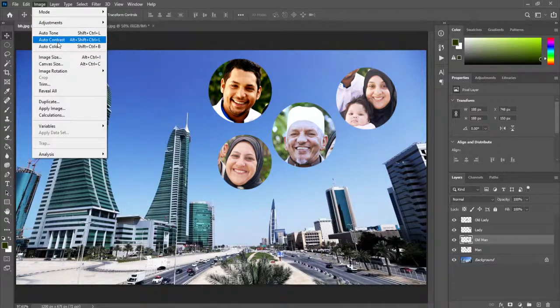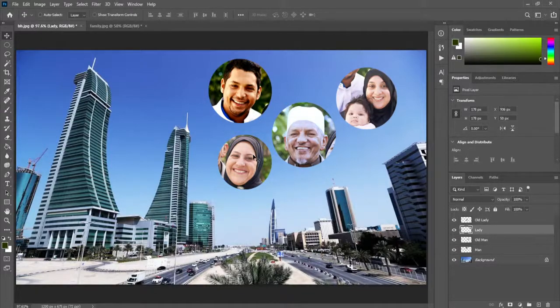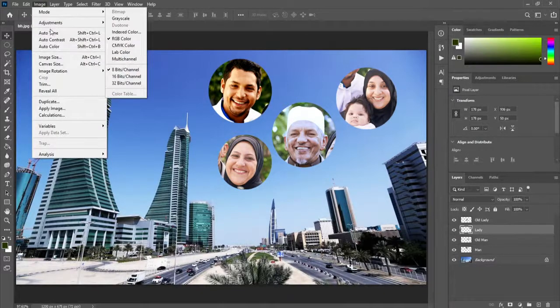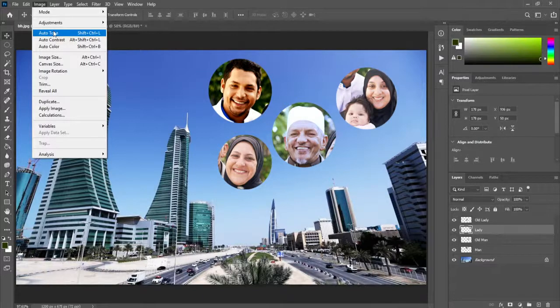So you have these three options here: auto tone, auto contrast, auto color. If I go to this lady image and I want to do an auto tone, what it will do is calculate all the toning from the whole image, and whatever is the best result, it will apply over here. So if I press auto tone,